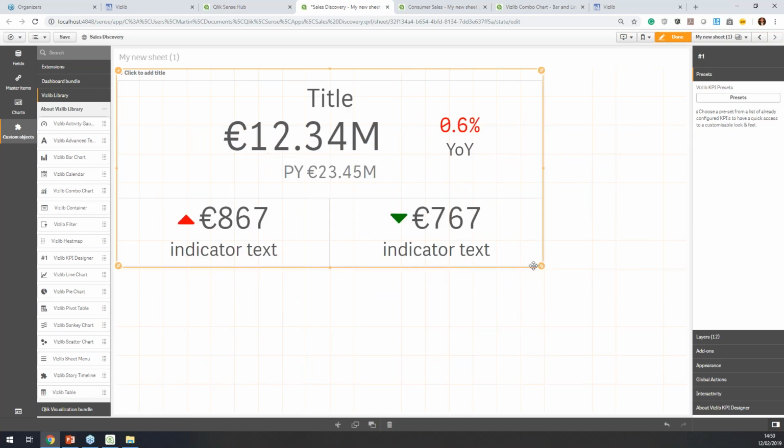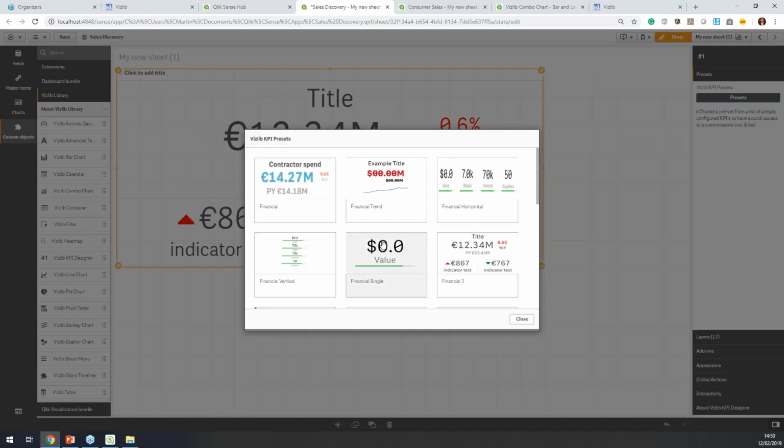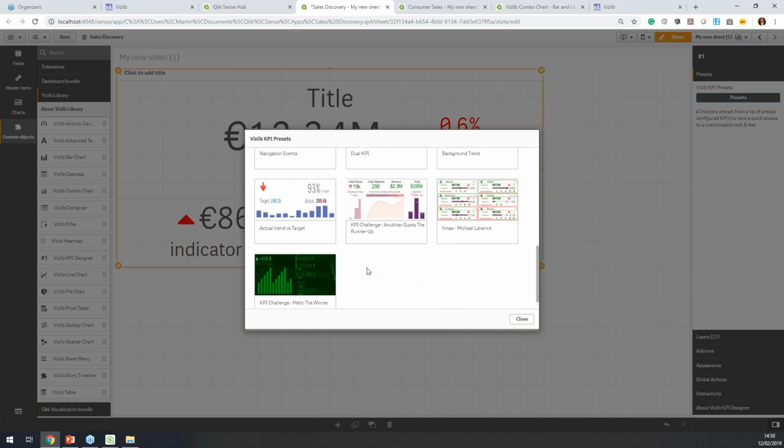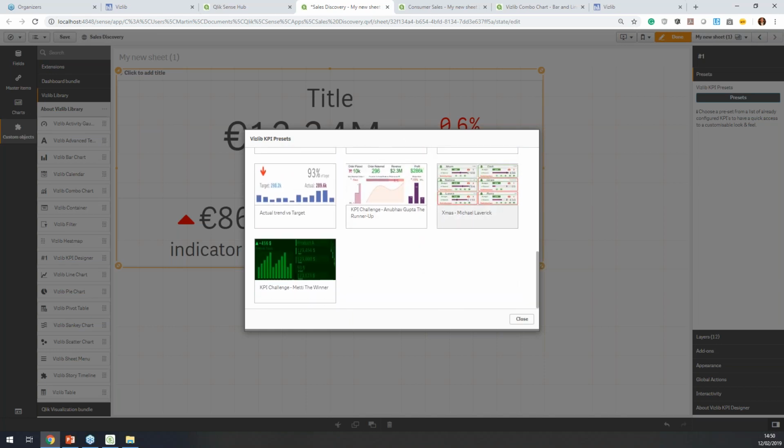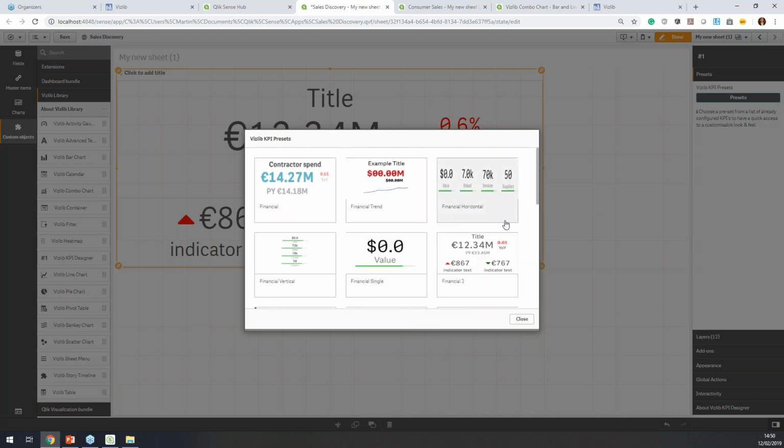Now, this is very, very handy because it allows you to quickly generate a chart which looks nice. However, at the moment, it's fixed, right? So these presets have been created by us. They're available to everyone. But the next step would be to allow you to create your own company presets and modify these ones here. So, for example, remove all the generic presets that were generated, and replace them with your